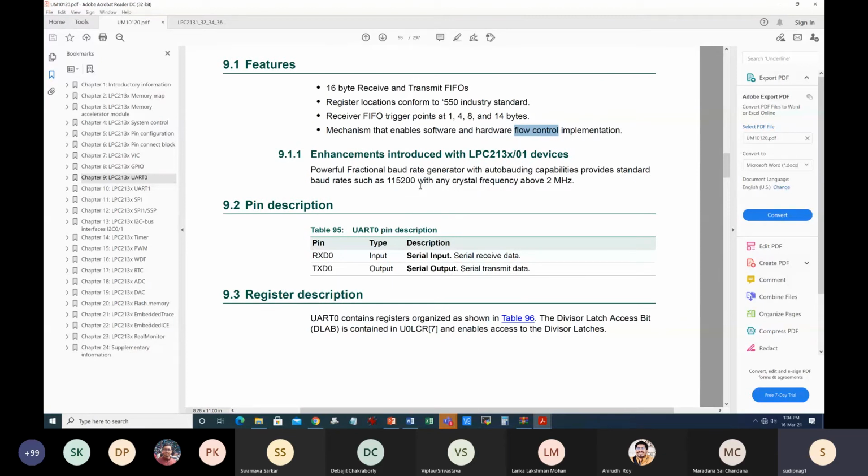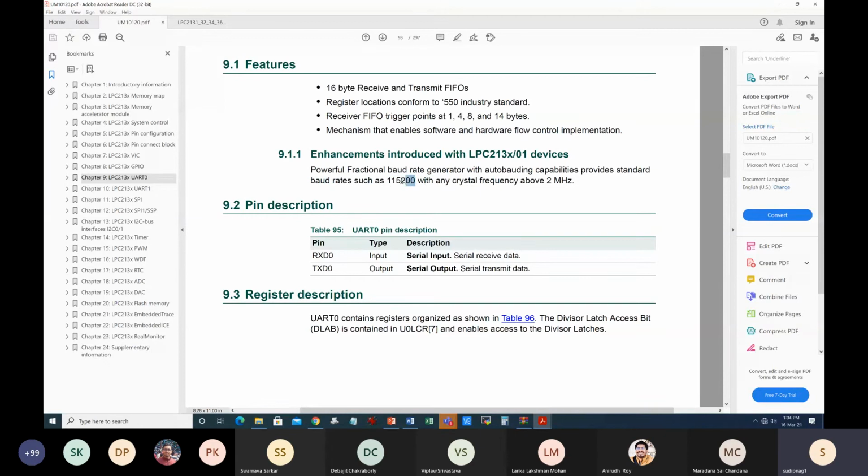In this case, this ARM microcontroller is supporting RxD, TxD, but it can have the support of both hardware and software flow control, obviously. Software flow control is basically through some flags and registers, and hardware flow control is basically through some physical pins for the flow control. And now look at this. So this is one of the